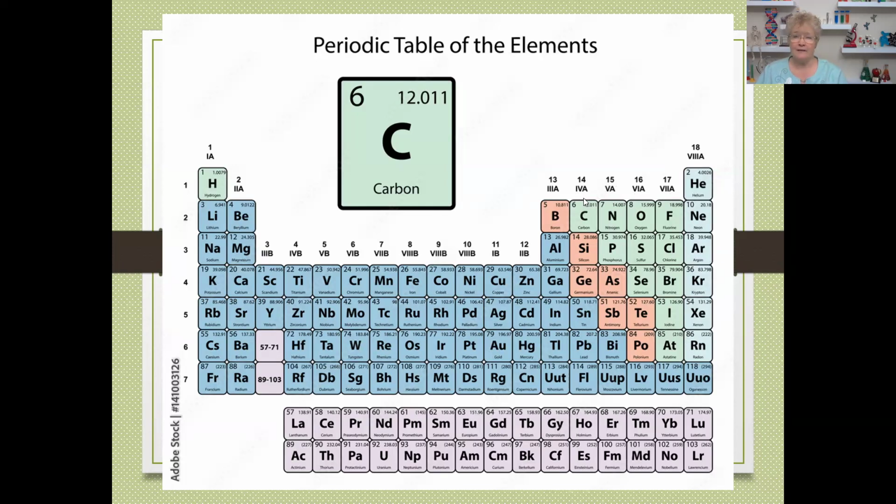How many does it want to have? Hold your fingers up. Yeah, it wants to have 8. Exactly. That's the octet rule. I want 8. All atoms want to have 8 in their outside energy shell. So if it has 4, but it wants 8, how many bonds can it form? Show of fingers. 4. It can hold 4.